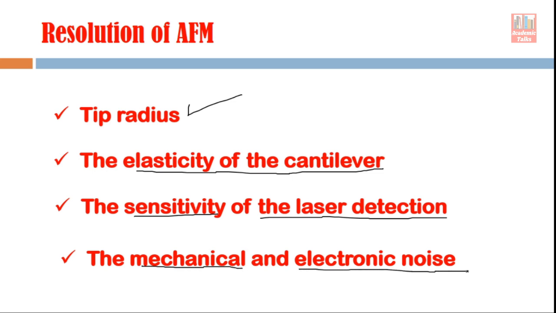So the entire system should be free from any kind of mechanical and electronic noise. Mechanical noise means, suppose your AFM setup is placed on some table, you are working there, and someone near you, maybe in the same room or in the same building, is doing something, and because of that mechanical vibrations are generated, then through the floor, through the walls, through the table, and through all the solid things which are available there. So mechanical noise will be transported to the table where you are working, and those vibrations will go to your AFM setup also, and those vibrations will affect the cantilever also.